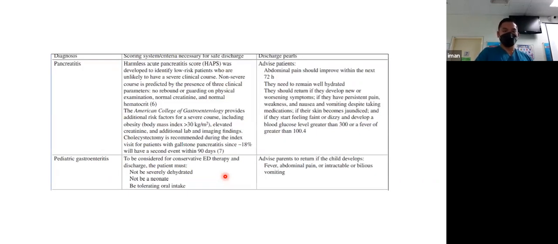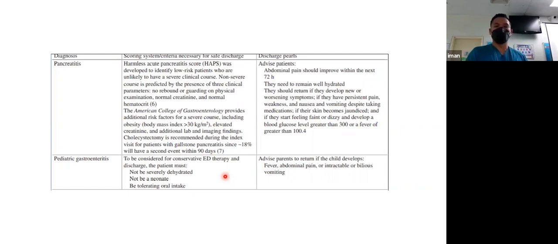For pancreatitis, if our diagnosis is pancreatitis, we also have a score. I think this one is also in MDCalc. It's called the Harmless Acute Pancreatitis Score. This one is to identify low risk patients who are unlikely to have a severe clinical course. So it checks the creatinine level and also the hematocrit level. You can see it in here. And also